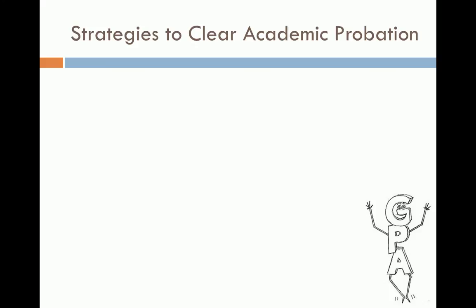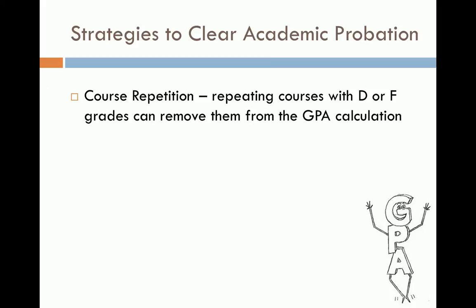There are several strategies to help clear academic probation. First, you may want to repeat a course in which you earned a D or F. If you repeat a course in which you earned a D or F and receive a higher grade on this next attempt, the higher grade will replace the lower grade in your GPA calculation. The original letter grade will still appear on your transcript, but the lower grade will no longer be factored into